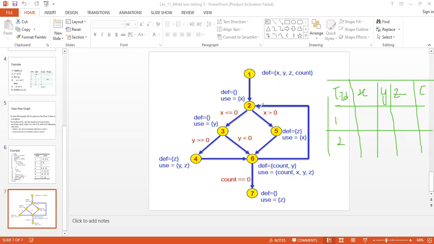If I go to this particular case, this is our true part, this is our false part: if X is less than or equal to 0. In order to go from the 2nd to the 3rd node, I have to satisfy this condition. So in that case, my X will be 0. Likewise, I can fill the table.